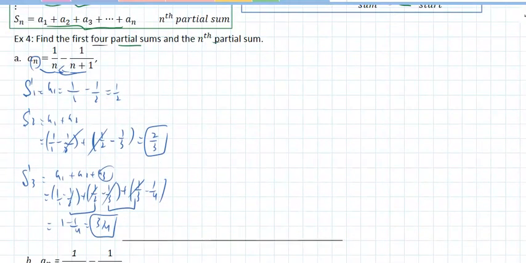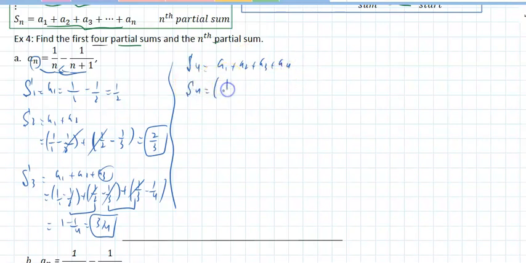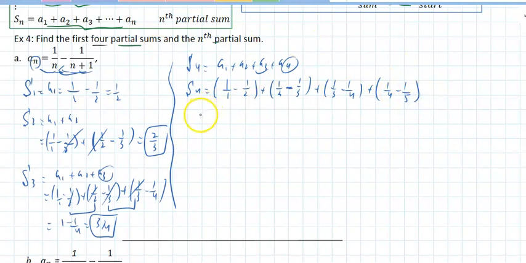So when I went to find S sub 4, that is a sub 1 plus a sub 2 plus a sub 3 plus a sub 4. I'm not talking about shortcuts here. The first term is 1 over 1 minus 1 over 2, plus 1 over 2 minus 1 over 3, a sub 3, 1 over 3 minus 1 over 4, a sub 4, 1 over 4 minus 1 over 5. And I do notice a trend. Those two cancel out, those two cancel out, those two cancel out. It seems I'm always left with the very first term minus the last term,